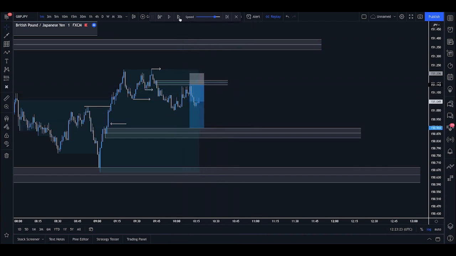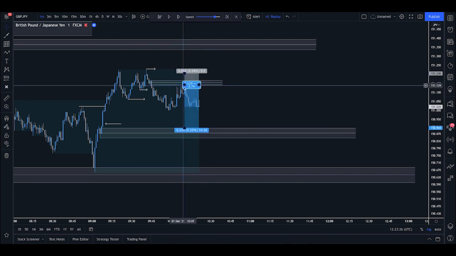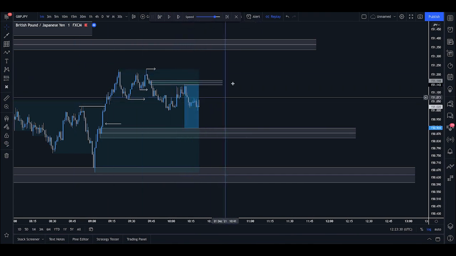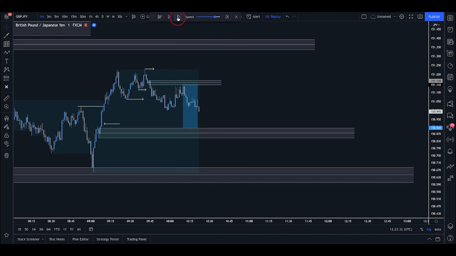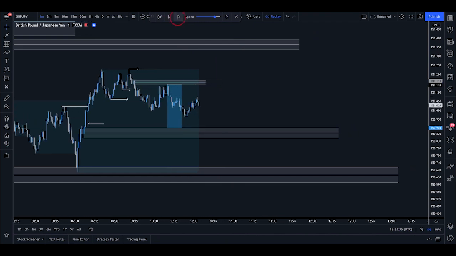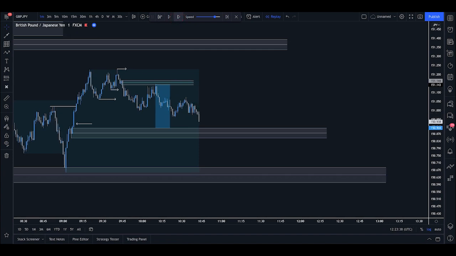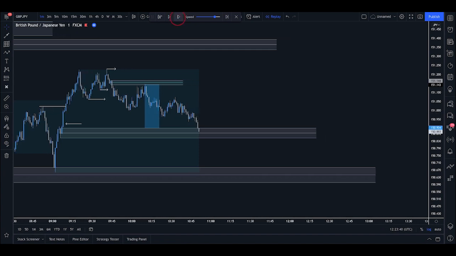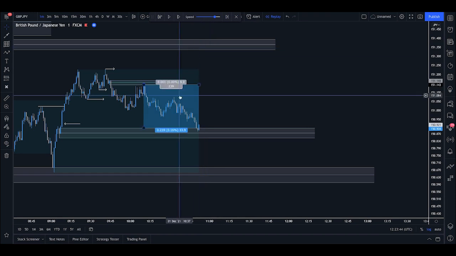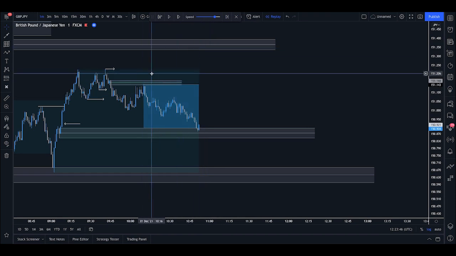When we break some lows, we could then go ahead and go to break even. So once we had this first initial break through these lows here, we could move the stop to break even so that we don't have any risk on this position. And then we can just hold it out and see how it does. Obviously, we could do some of that stop trailing as well that we spoke about if we wanted to. But on a very low time frame trade, we may just want to go break even and then let it roll. And as you can see, the trade was fulfilled for a 3.8R profit,